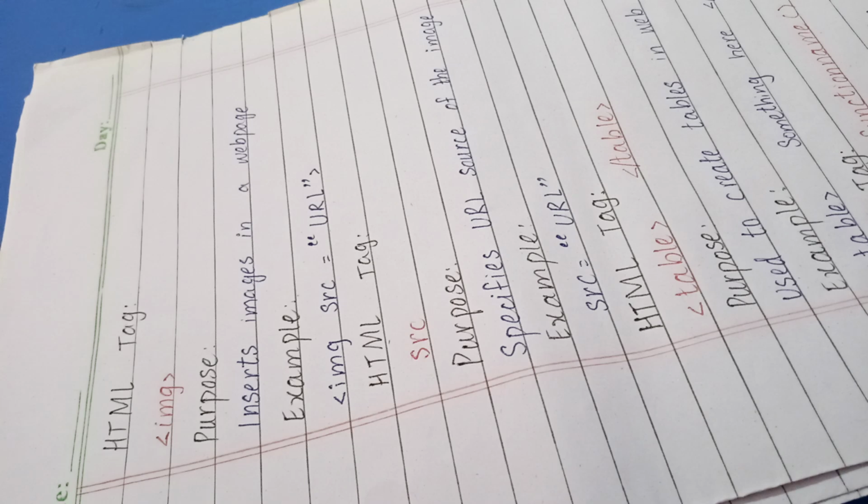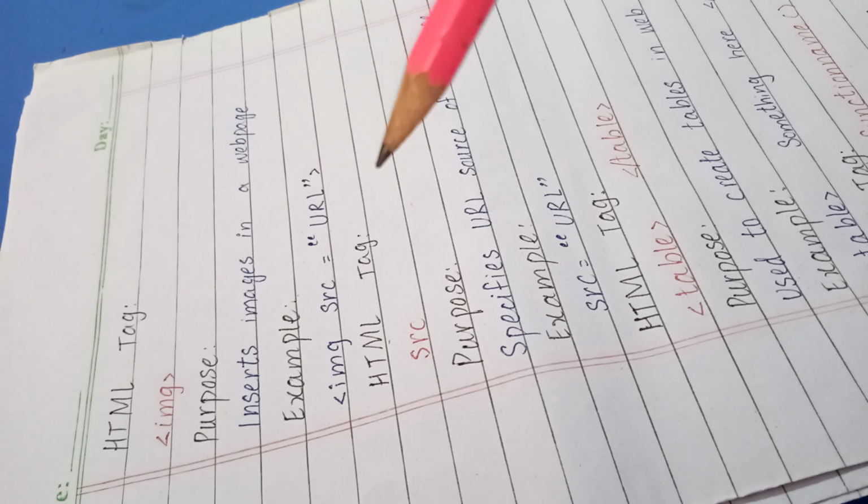And next tag we are using is the image tag. As we already know, if we write some text, then we have to put some images on our web page so that it will be visualized, look graceful, and look attractive. For this purpose we add some images in our web page. So our tag is less than img greater than.